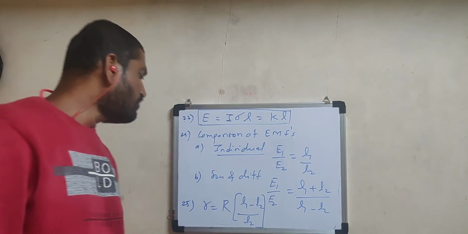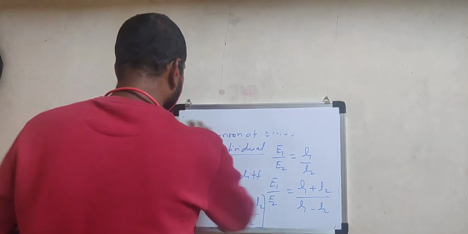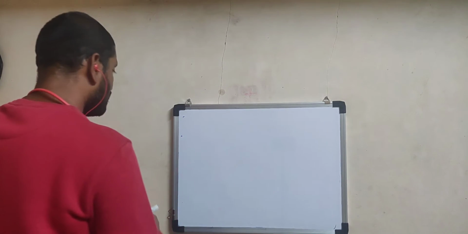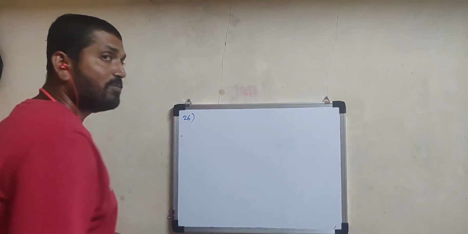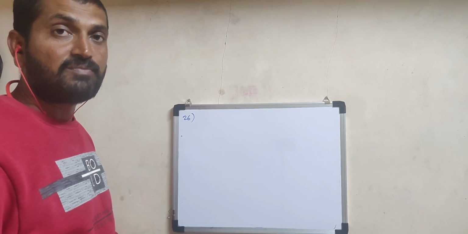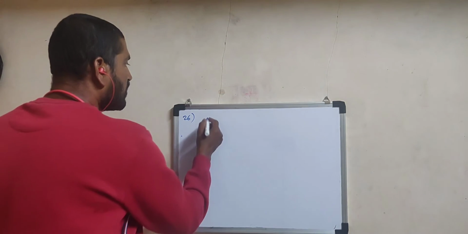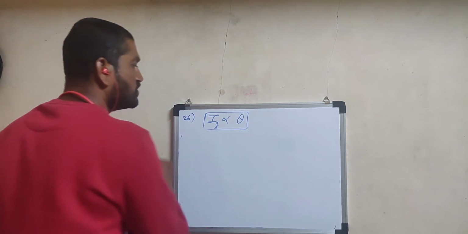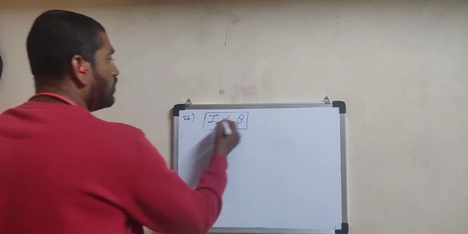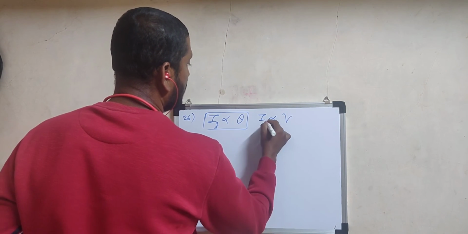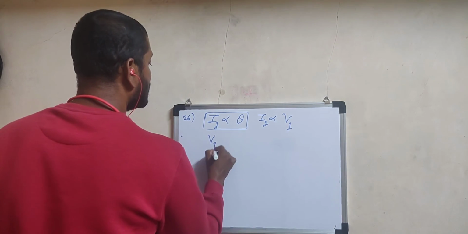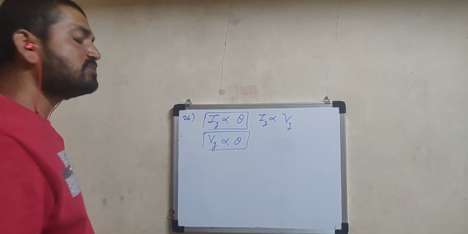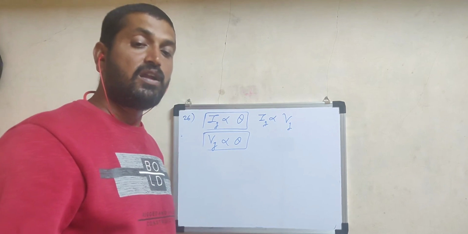And the last article which we consider from this topic, from which there are certain important formulae, is galvanometer, ammeter and voltmeter. Here formula number 26. In the case of a galvanometer, what is the formula? A galvanometer works on the principle that I is directly proportional to theta, means current flowing through the galvanometer is directly proportional to the angle of deflection. According to Ohm's law, current is directly proportional to voltage. Hence, we can also say that voltage across the galvanometer is directly proportional to the angle of deflection. Due to this advantage, it is used for the measurement of current as well as voltage.